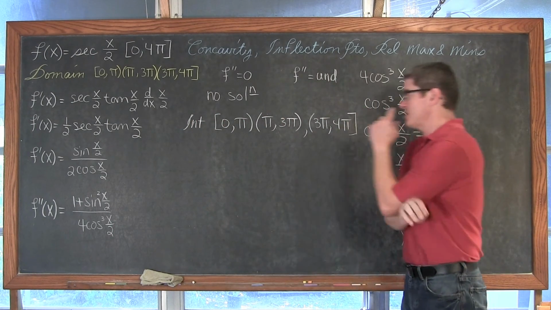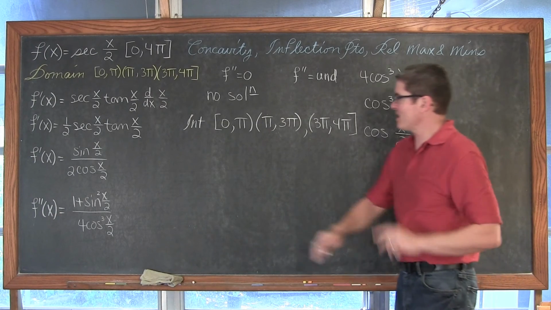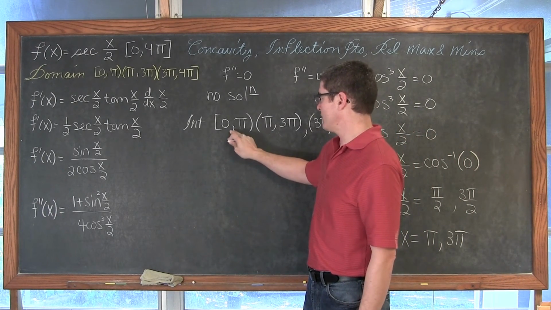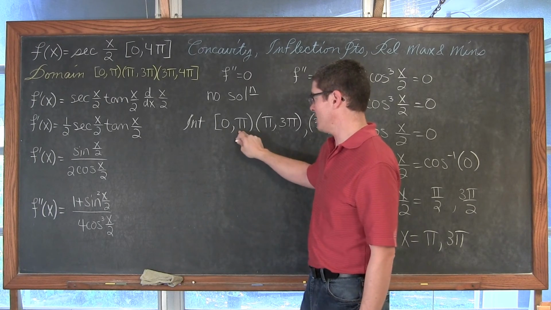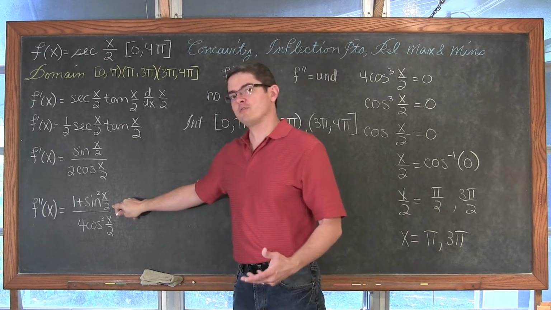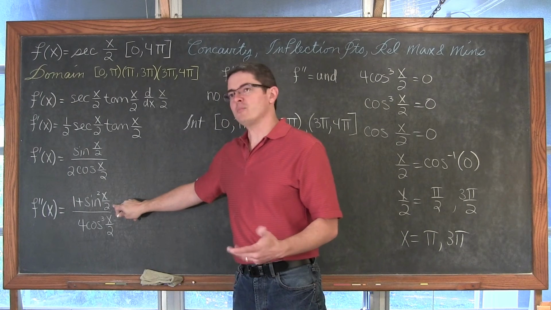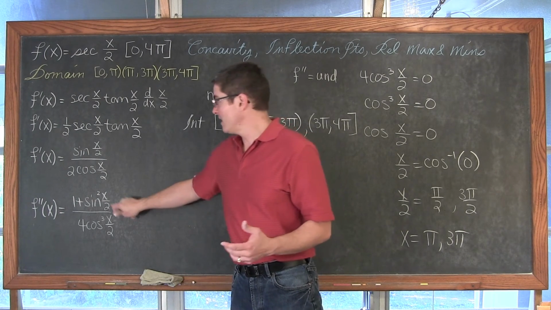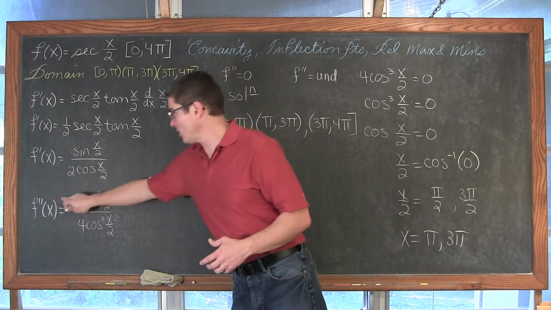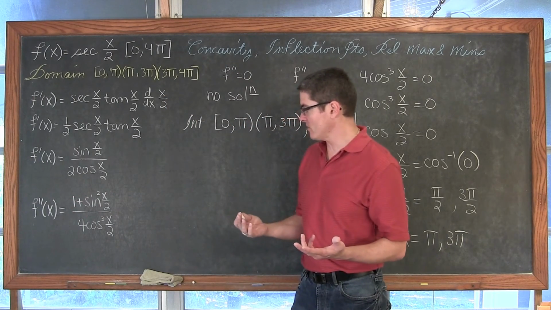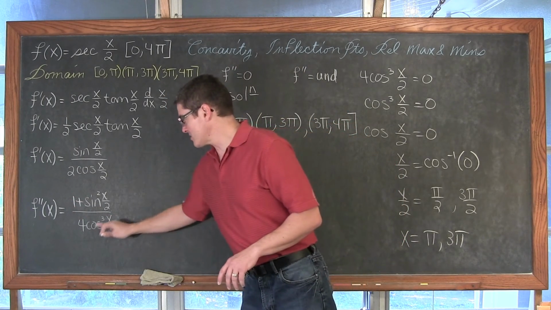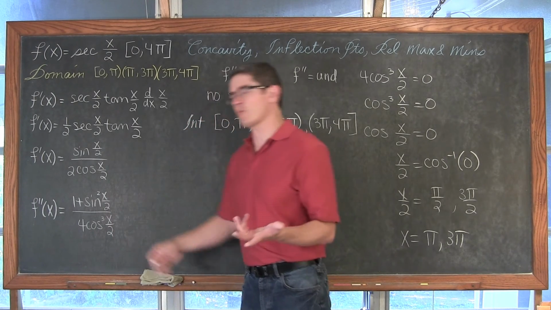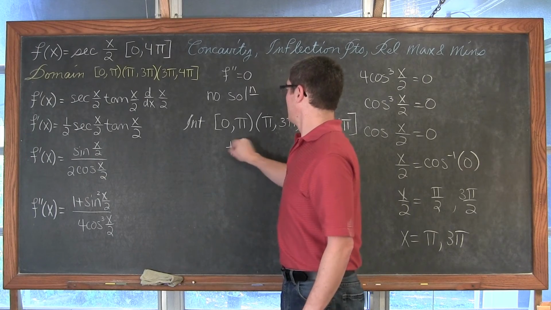So let's see, do I dare to try and do this on camera? Let's try pi over 2. Well, if I take pi over 2, because that's between there, divided by 2, I get pi over 4. The sine of pi over 4 is square root of 2 over 2, which is a positive number. It gets squared, and that's a positive number. And 1 plus a positive number is a positive number. And the cosine of x over 2, again, pi over 4, is going to be positive. So this is positive over positive. So my second derivative is positive here.